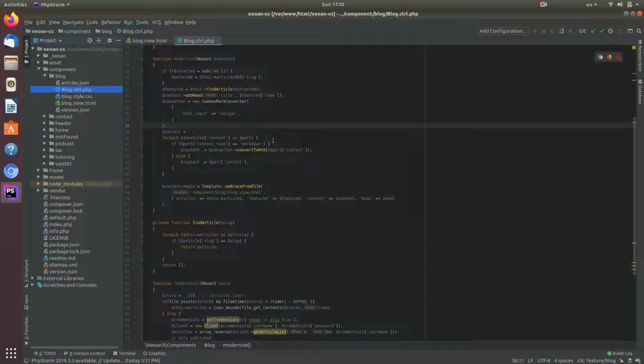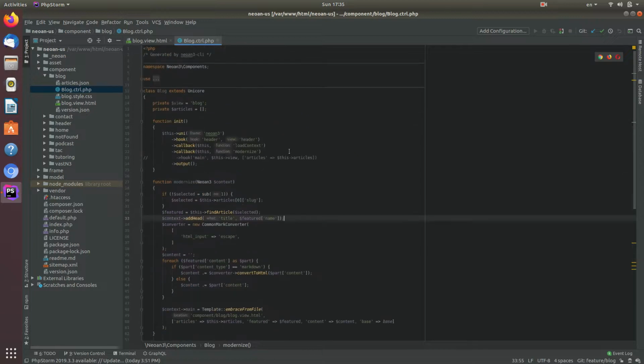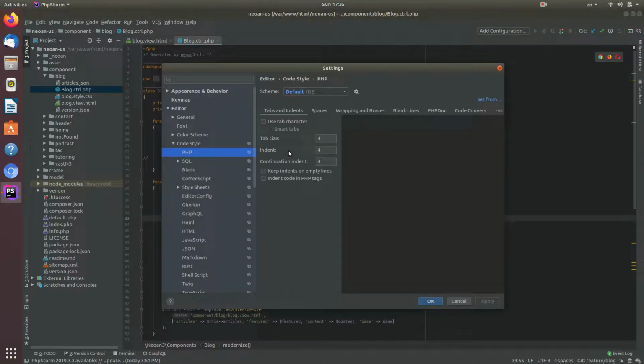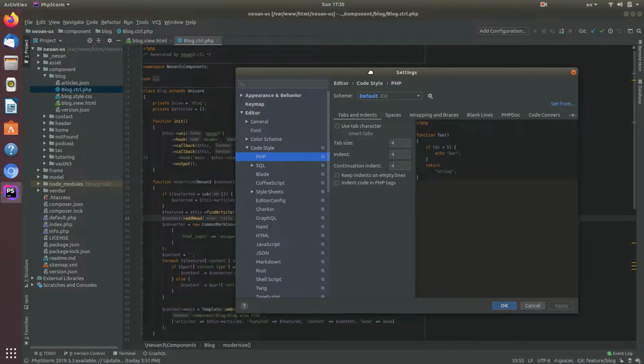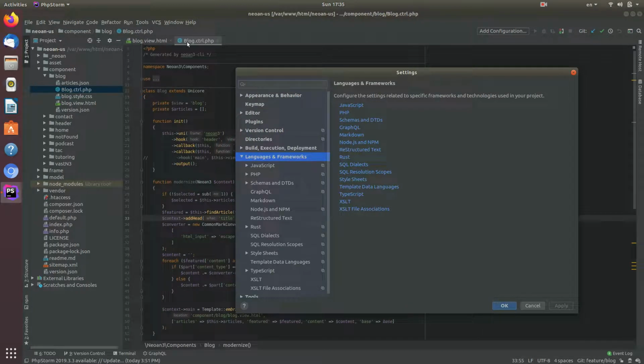and that really helps. So the next thing that you want to spend time with, and I cannot emphasize this enough, is in the settings. You want to take care of what kind of language properties you want this to work with. So I'm actually in the editor. Let's go up to languages and frameworks. As you can see here, we need PHP, CSS, and HTML to